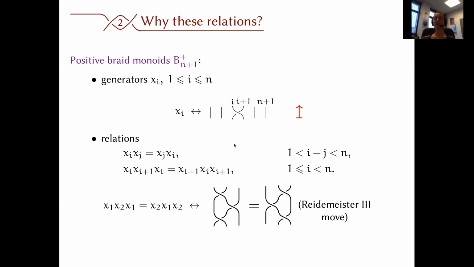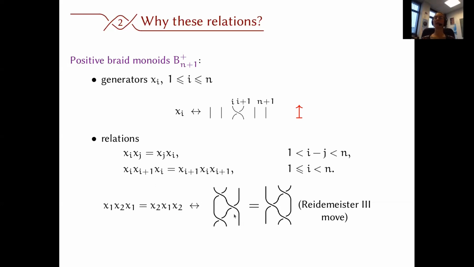In this monoid, multiplication corresponds to stacking one braid on top of the other from bottom to top. So here on the left you have x1, x2, and x1, and on the right you have x2, x1, x2. So these are precisely this equality, and this relation just means that you can take one strand, for example, this